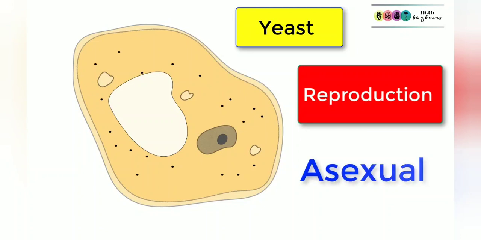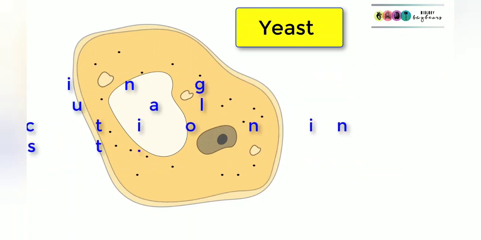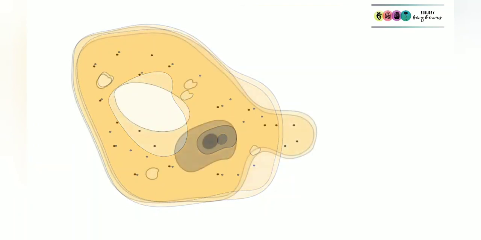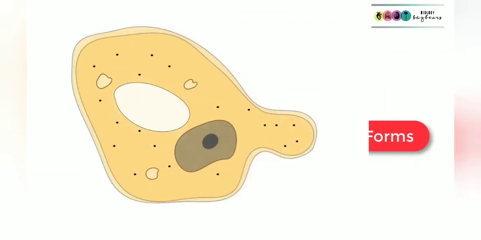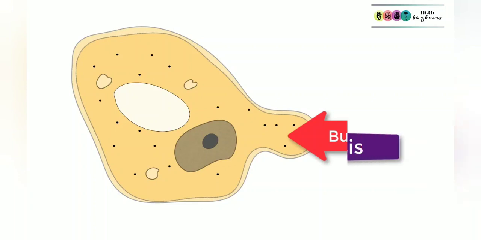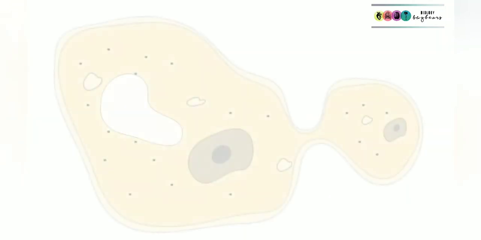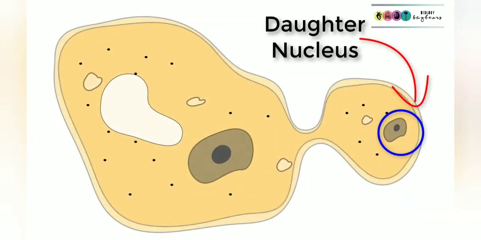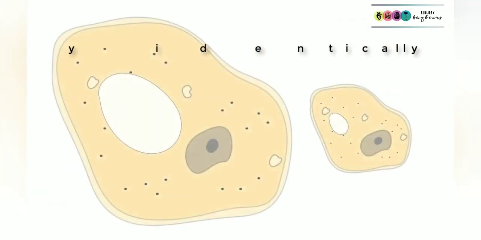They reproduce asexually, so there is one parent involved and no gametes. And this is known as budding, so make sure you know that asexual reproduction in yeast is called budding. So the first thing that happens in budding is this extension or this swelling known as a bud starts to form on the yeast cell, and then the nucleus of the yeast cell undergoes mitosis. At the end of mitosis, a daughter nucleus moves into the bud, and this will nip off into its own separate yeast cell, as is shown in this diagram.